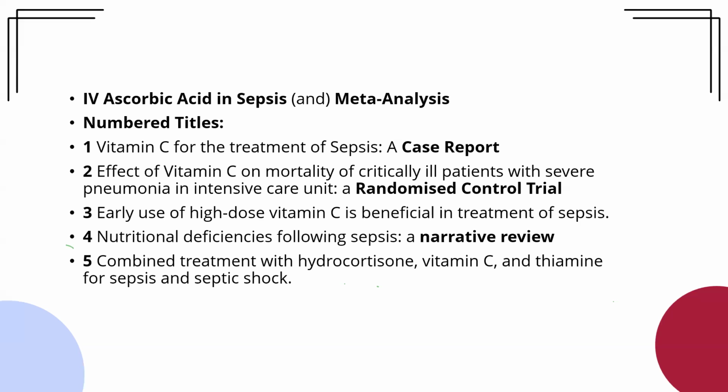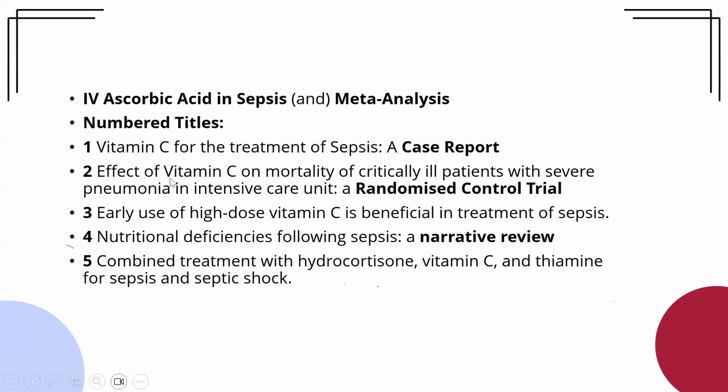And sometimes it happens very rarely that we go for cross sectional studies. Otherwise, cross sectional studies mostly we do not include. Then there is another study that is nutritional deficiencies following sepsis, a narrative review. We will exclude it out. Okay? We won't be concerned with a narrative review. We are just concerned with RCTs and cohort. But one thing I can do is if there is a narrative review or a systematic review, I will exclude it, but I can check its references for the snowballing thing as I told you guys before. Okay, I will check the references to make sure I'm not missing out on any article,